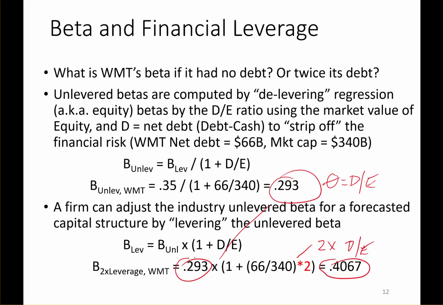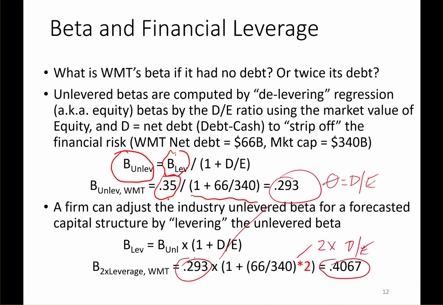Well, we're going to use a formula: an unlevered beta, a theoretical beta if a firm had no debt, would be their levered beta, say the one we just calculated, which we'll round up to 0.35, divided by 1 plus their D/E ratio, where I'm going to use net debt over total market value of equity. So for Walmart, if I take their beta of 0.35, that's their levered beta or equity beta, and I divide by 1 plus their D/E ratio, they had